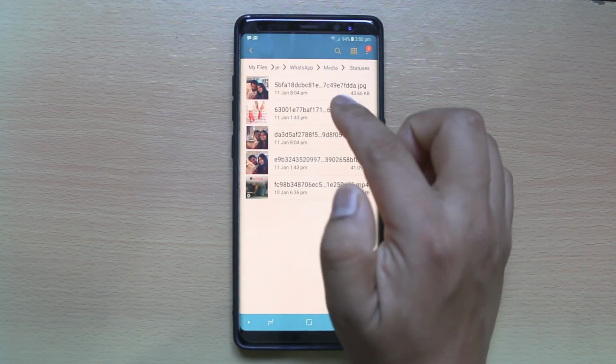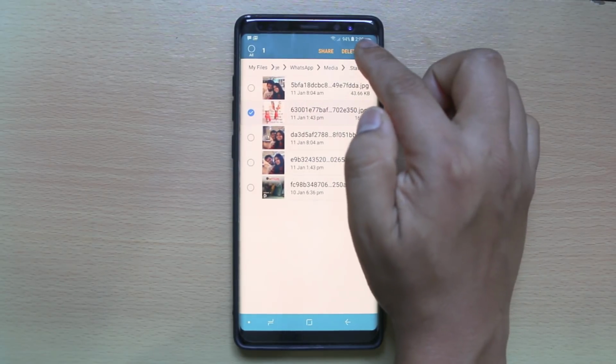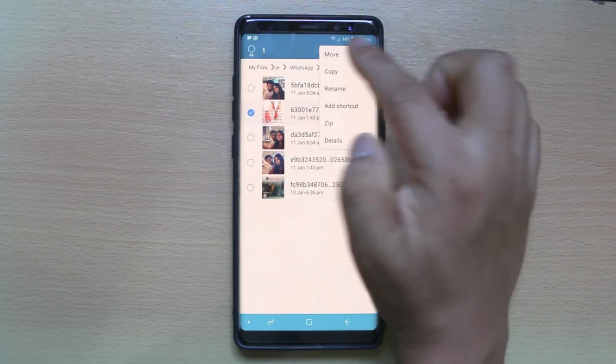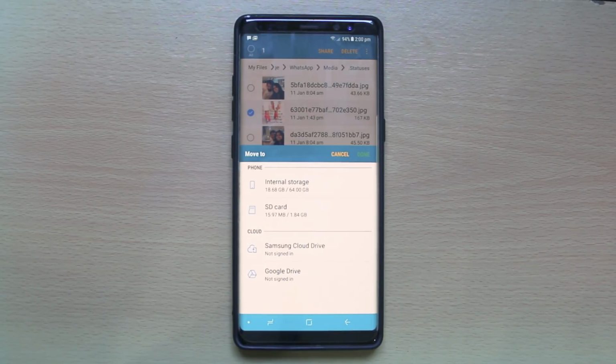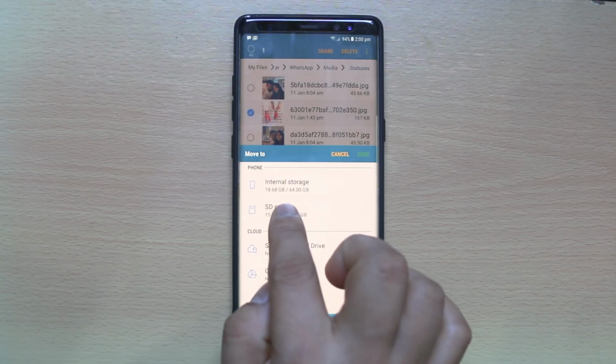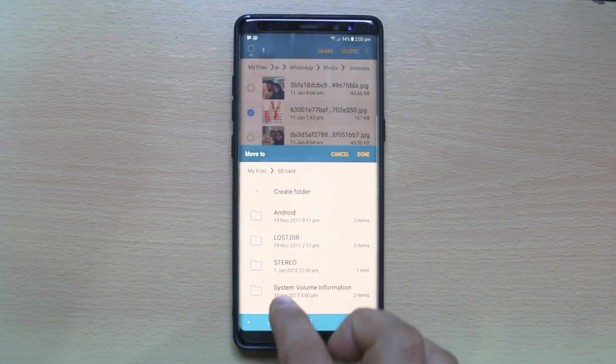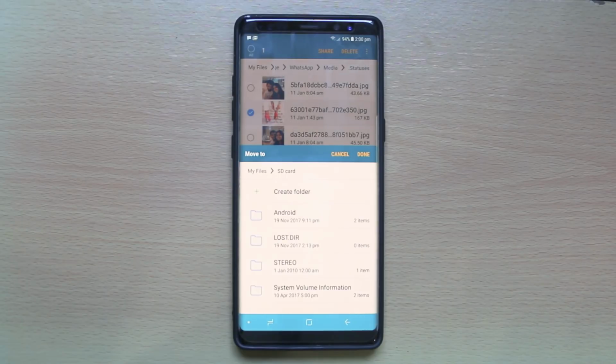For that one, I will tap and hold the video, then I will tap on more option here, move, then I can save this WhatsApp status video either in internal storage, or I can save it to external card. For example, if I want to save it to external card, I will go to SD card. Then I can save this video in any of these folders, or if I want to create a new one,